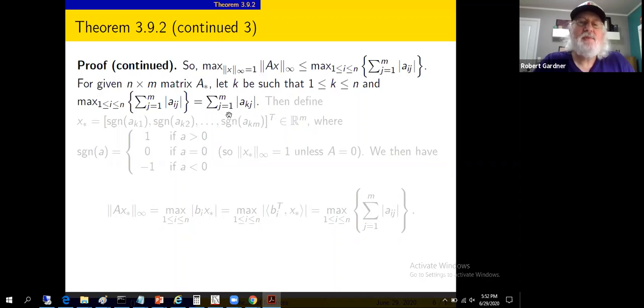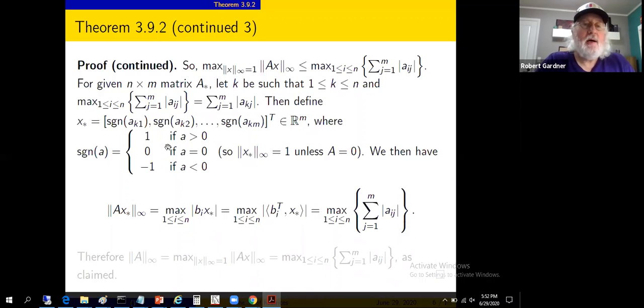I take it back. I'm saying the kth row is the row of matrix A with maximum sum on the absolute values. Excuse me, that's not it. That's actually an L1 norm. But that maximum occurs for some value of i, call it K. All right, then we're going to take as our special unit vector this x star,